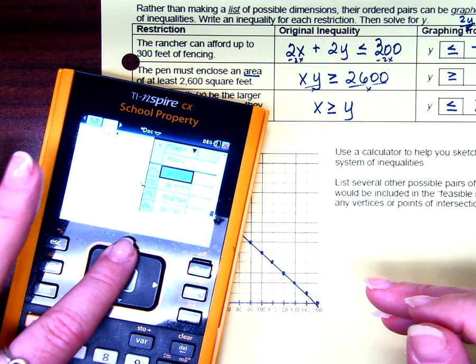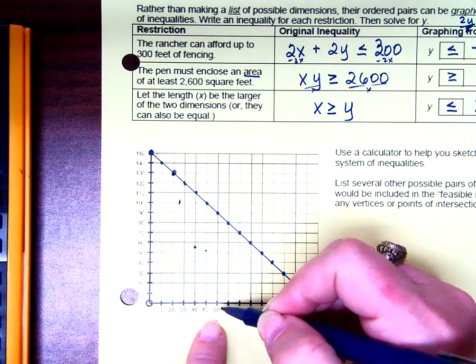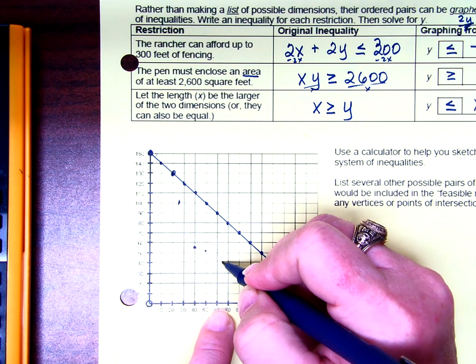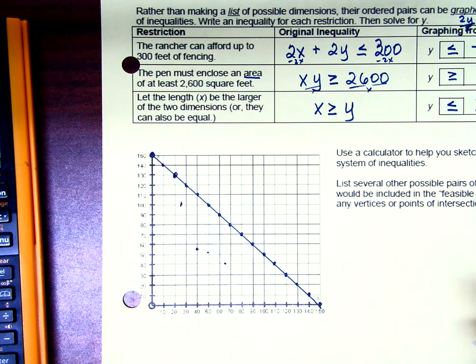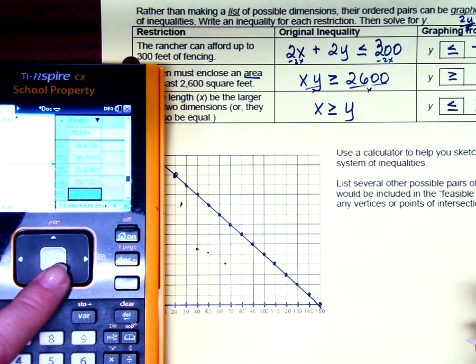$65 is what? Okay, 65 is 40. 65 is 40. So I'm just scrolling on my table to try to find numbers that are nice. I could try the other ones. It's not like I don't want to use the other ones. It's just like